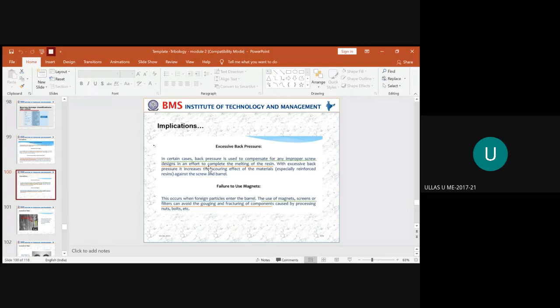And also if you're using any resin, it might result in melting some component of the resin. And always you should see that the back pressure which has been applied is as per the requirement, not too high. This usually comes into picture when you're using any composite material. When you're devising any composite material, you need a resin in it. So if you're applying more pressure, then the resin layer will not withstand it and it gets melted. So the application why we are using resin to adhere the